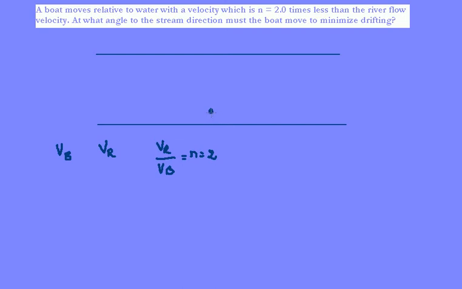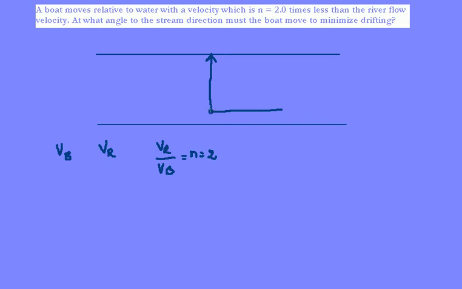Come what may, whichever direction the boat moves, either towards the top or towards the opposite, there is still some drift that will be experienced by the boat. So we'll have to find the value of an angle at which the boat should move. Let's find an angle with the perpendicular. Later on we can find it with respect to the horizontal also.